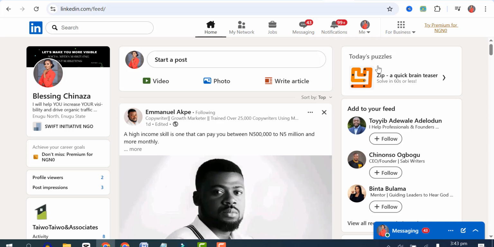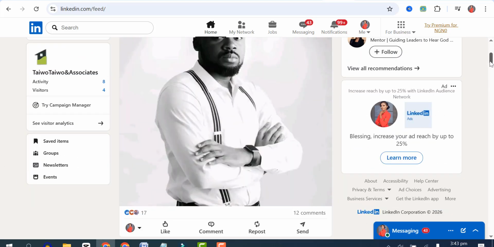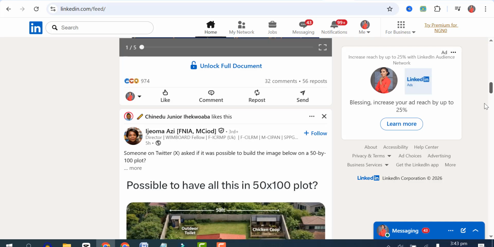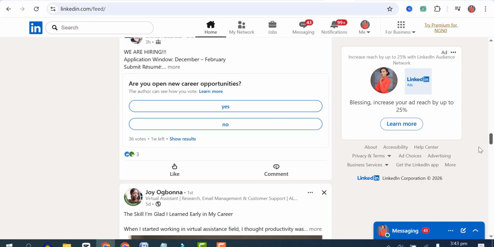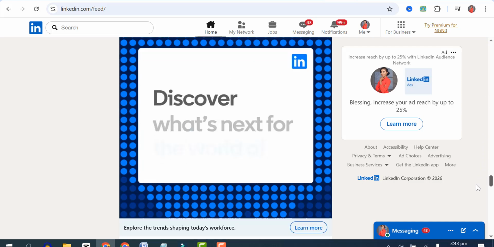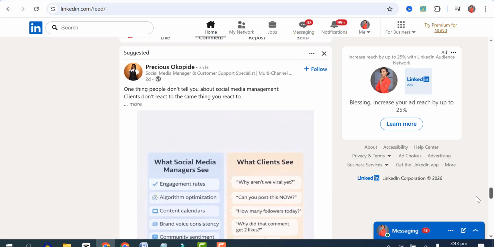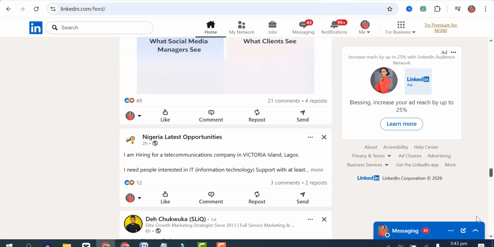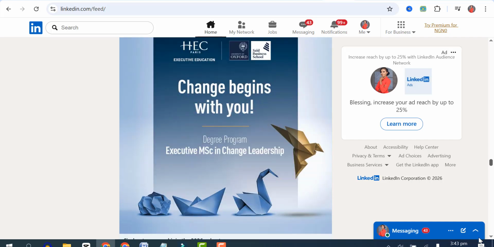So for you to get started, you need to log into your personal LinkedIn account. To get access to your personal LinkedIn account, in most cases, you just need to sign up with your email address. Sometimes you just have to sign up with Google and then they create a personal LinkedIn account for you. But if you want to open a business page for LinkedIn,